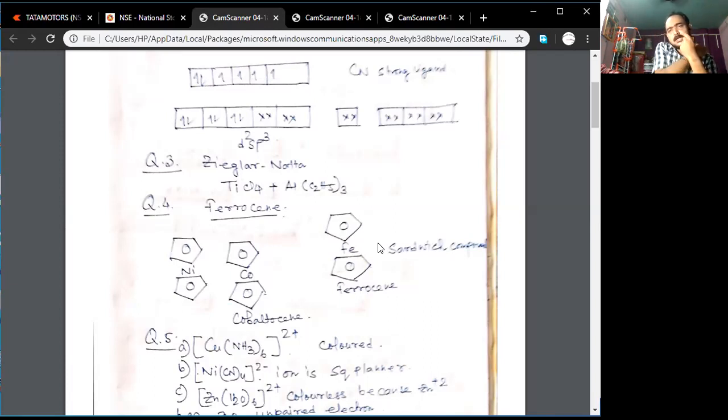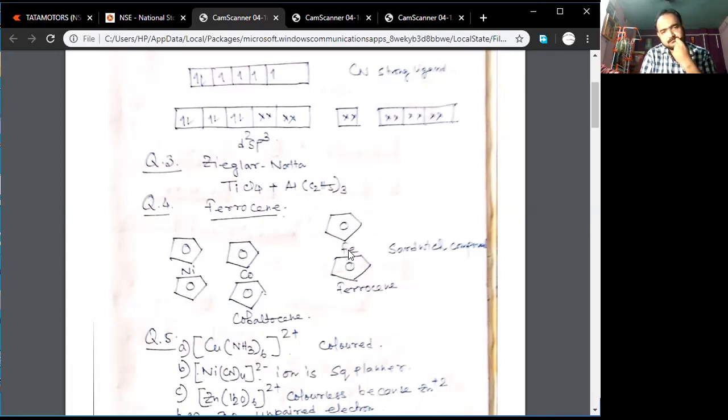That's why nowadays, if you go to a petrol pump, there will be a signboard which says unleaded petrol, meaning no TEL is used. But for the anti-knocking compound, we now use a derivative of ferrocene, DPPF, diphenyl phosphine ferrocene. Actually, ferrocene is an organometallic compound. You can see here, it is very important.